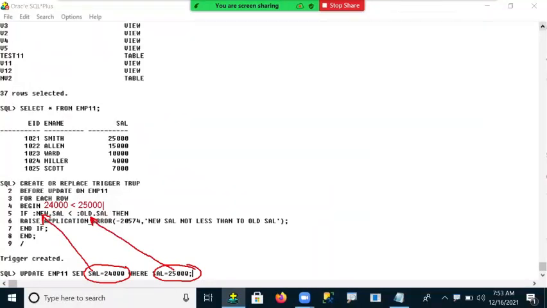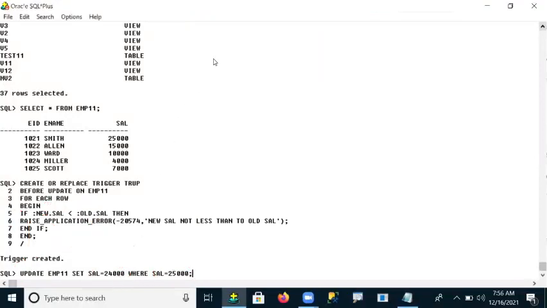Okay, so the condition is true. When the condition is true, as I already explained in previous examples, your application error will occur. That means the exception will be raised. When the exception is raised, your operation will not work. That means your operation execution will stop here, and your query execution will be stopped. That is what happens when we execute it now.